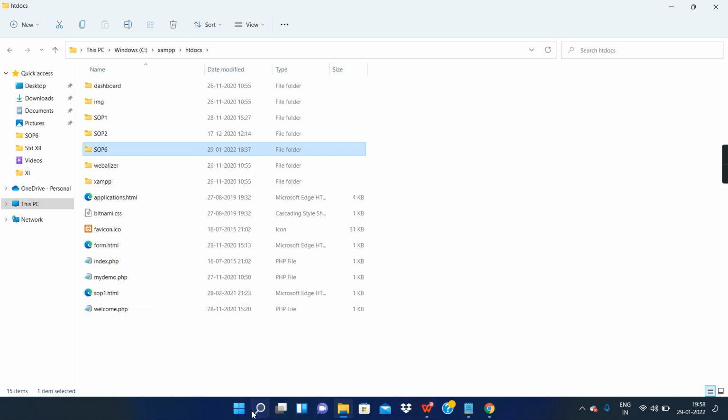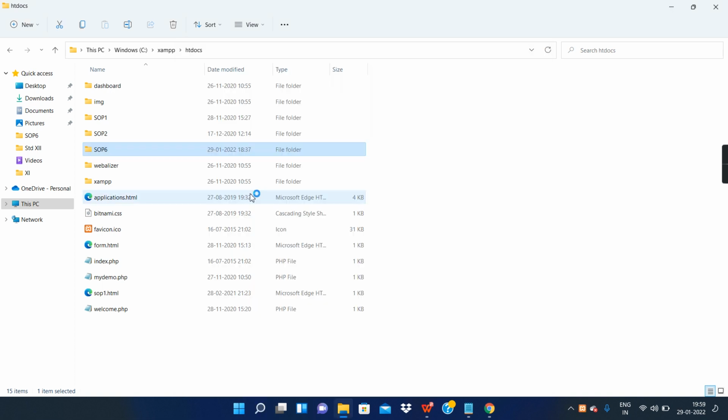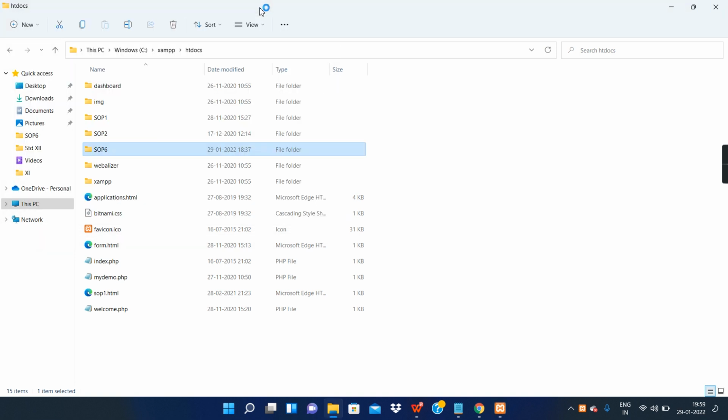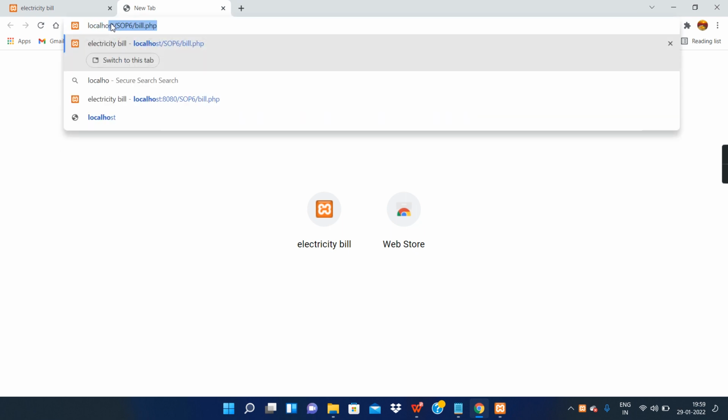Okay. Then first start the XAMPP control panel and click on the start button. Start the server. Okay. Now once the server is ready, provide the server name in the address bar, localhost,